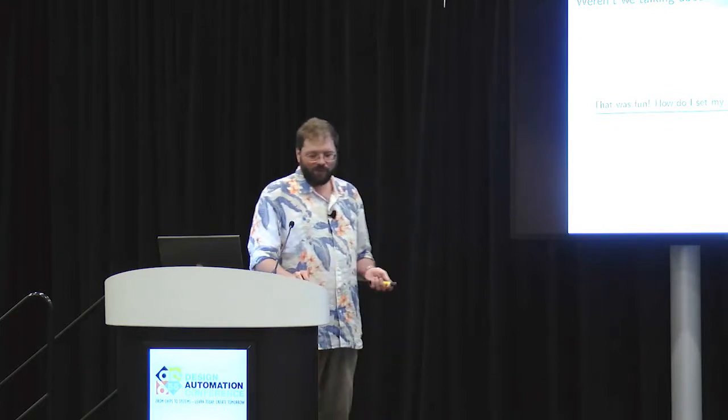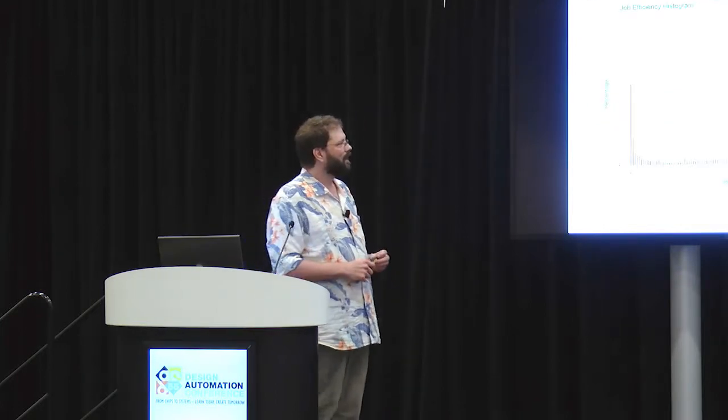All right, so we know about throwing dice. I said we were going to talk about multi-tenancy and oversubscription, right? We're good at throwing dice, but how does that apply? Here's a graph. This is the job efficiency, so the efficiency is down here on the bottom, and the probability